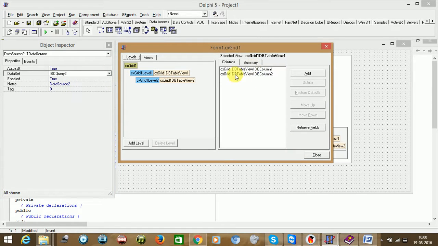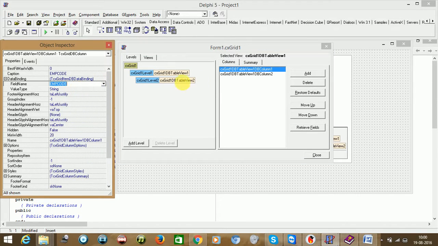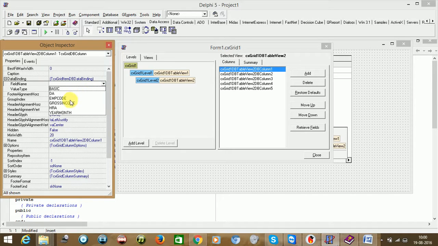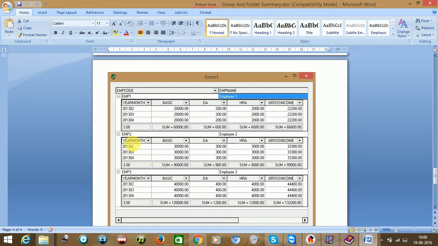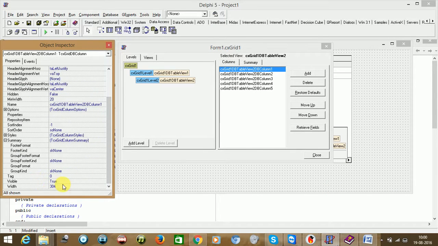Now come back here, click on the first view, click here. Now you could see employee code, then employee name. I think we need to have employee code first, because we have given order by employee code, and this employee code column we do not want to show, because if you see in our code here, employee code is coming only for the main first view. In the second view, employee code is not visible here. So only year month onwards we need to display. So we need to make employee code visible false here, in the beginning itself.